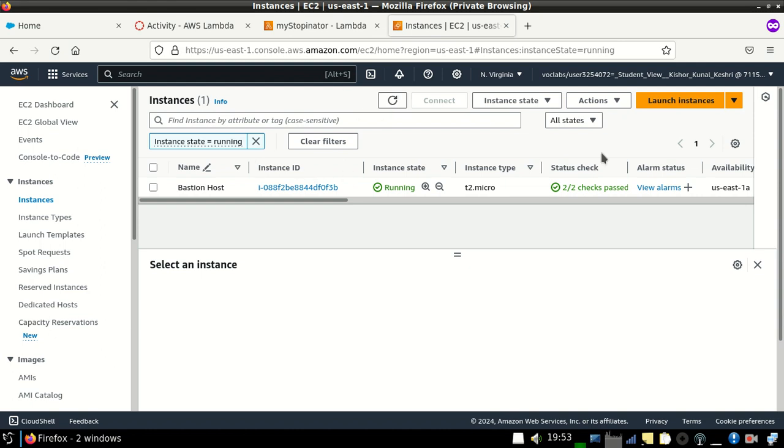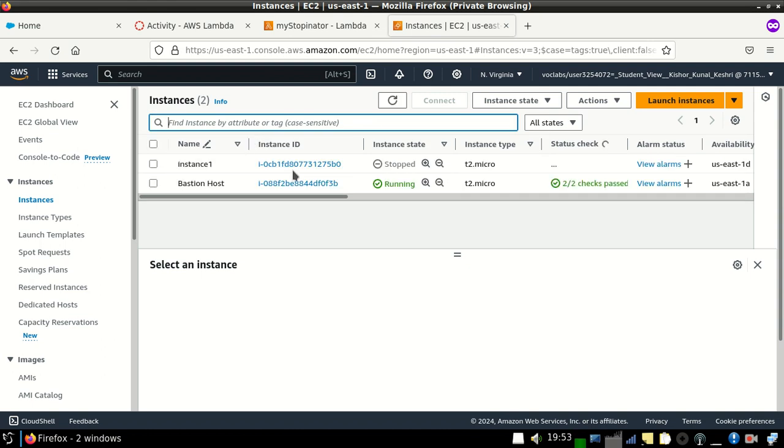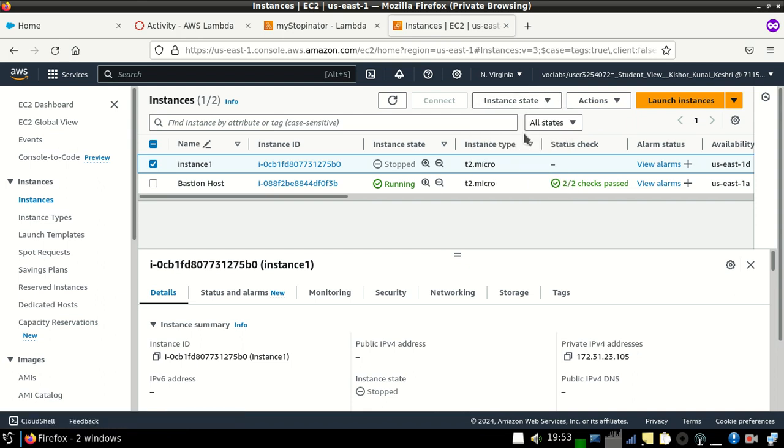Now go to instances. Look, this instance is stopped. Now try to start this instance again. Okay, start the instance from here and wait some time.